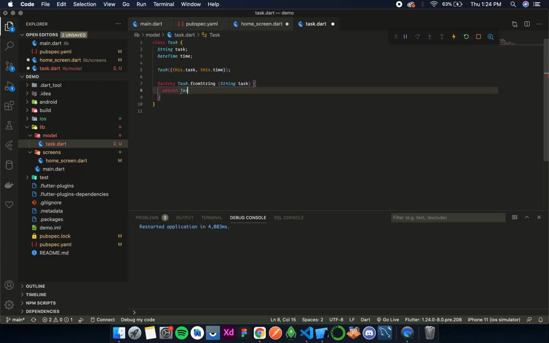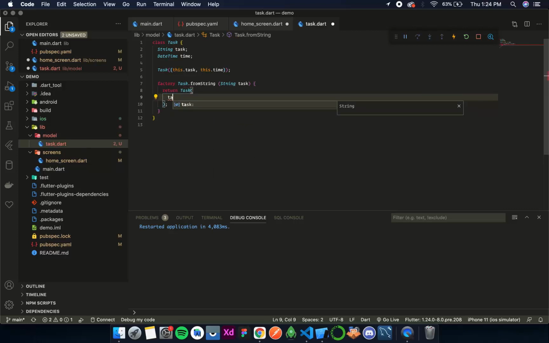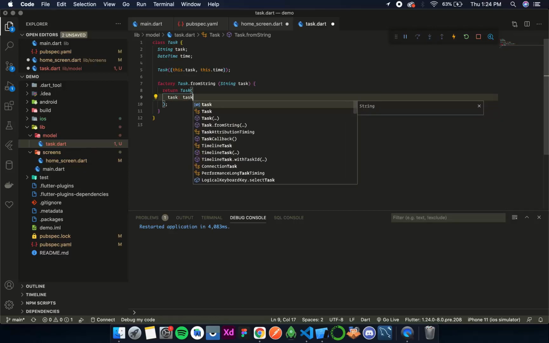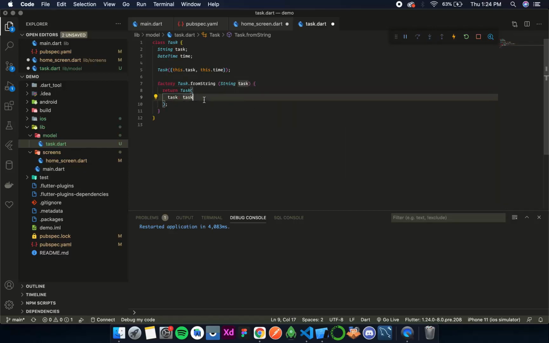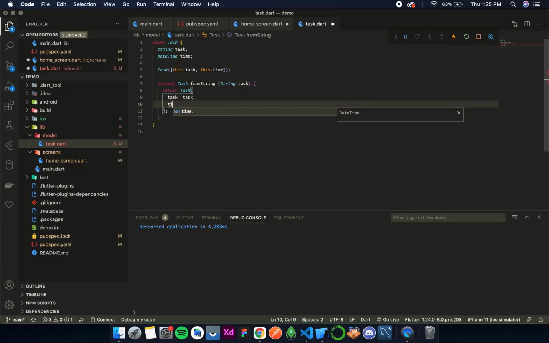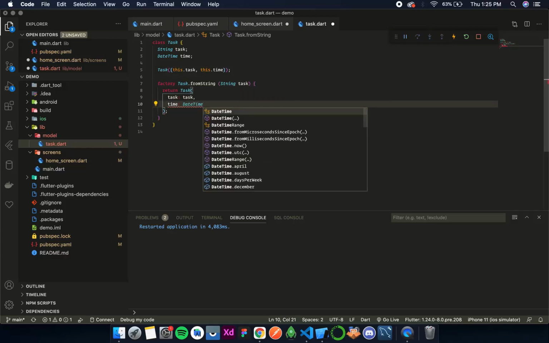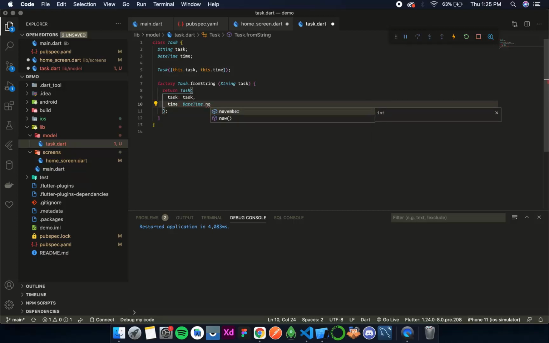So I'll write return Task, and then over here I need to call the named parameters, that is task, and task is nothing but the task parameter that we get over here. And then we have the time, time is nothing but DateTime.now. Okay, so this is done.